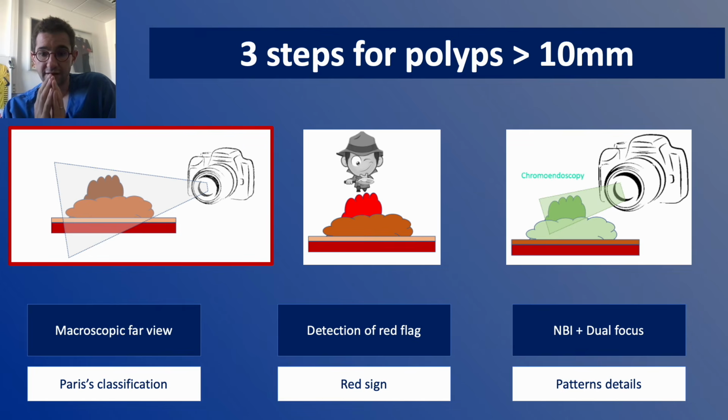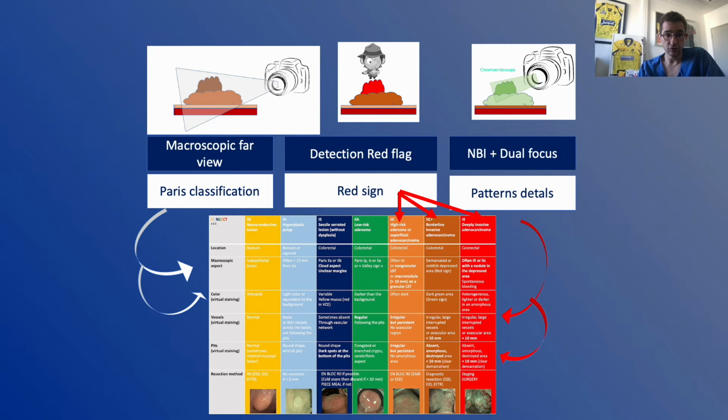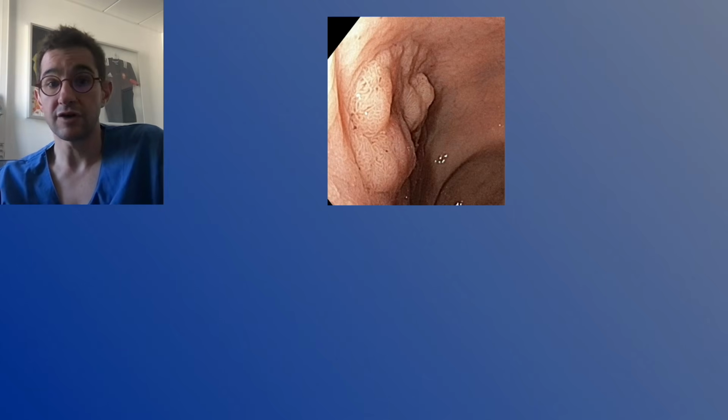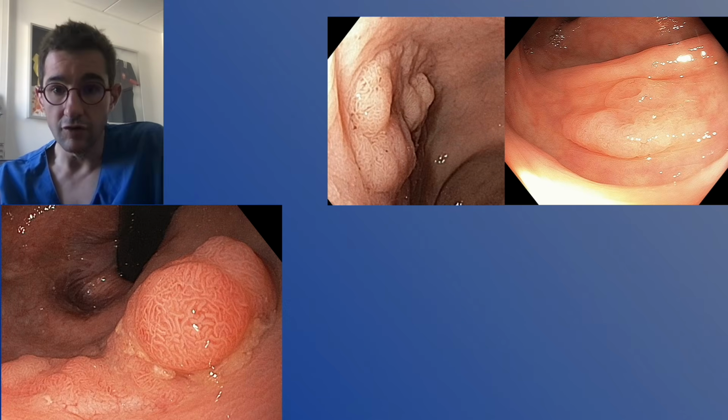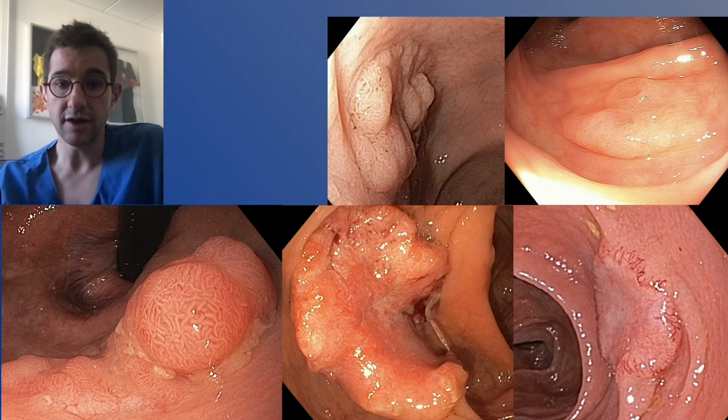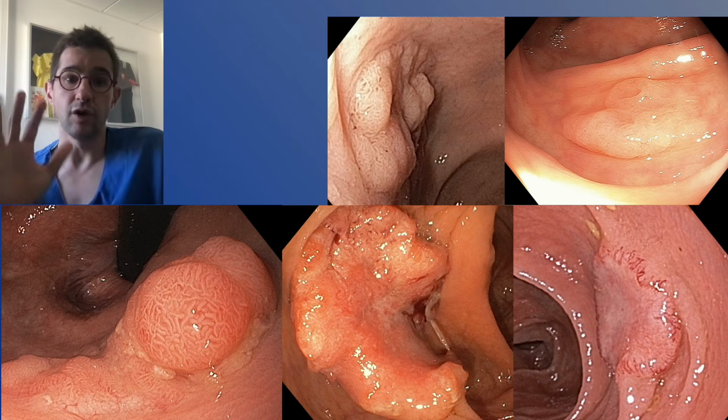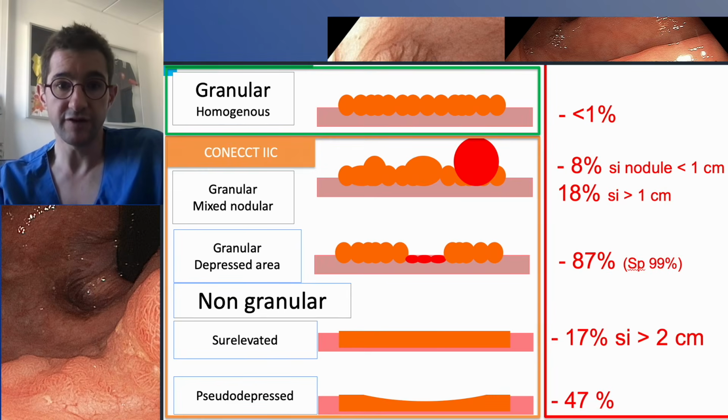First, you can get information coming from the whole aspect of the lesion by using the Paris classification with a far view in white light of the lesion. And it will help you to know the macroscopic shape and sometimes the color of the lesion compared to the background. So first, it is a statistical risk of carcinoma, overt or covert, but using only the macroscopic shape of the lesion, by a white light far view of the whole lesion, you will be able to precise the risk